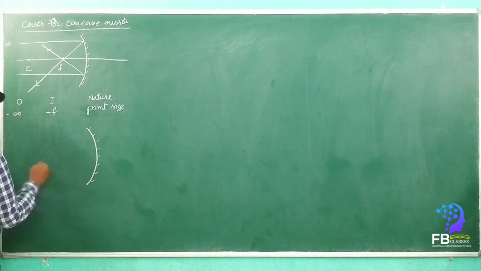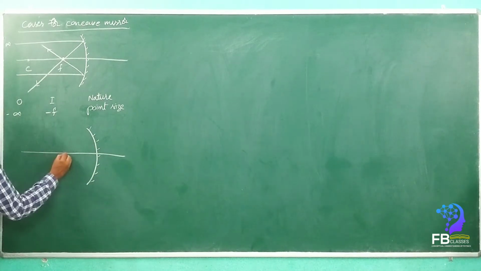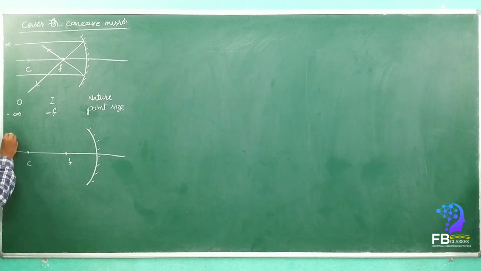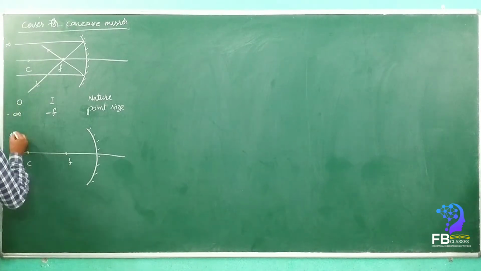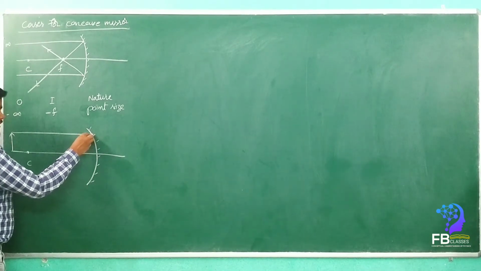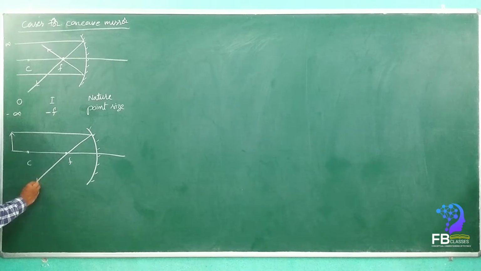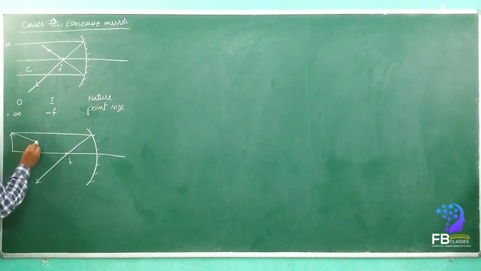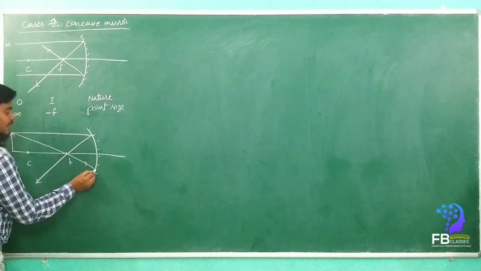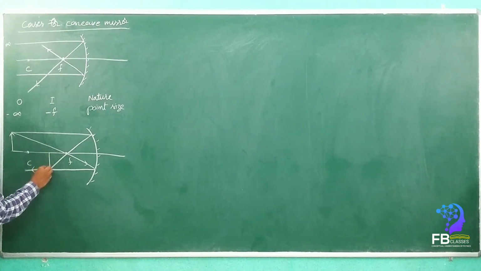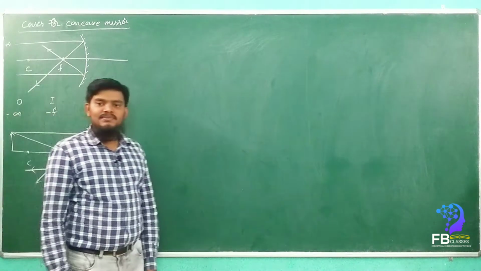Concave mirror. Now this is the principal focus. Now this is the center of curvature. Now let the object be placed beyond the center of curvature. See here, when the light ray travels parallel to the principal axis, it will be reflected back passing through the principal focus. The second ray, if the light ray passes through the principal focus, the reflected ray will be parallel to the principal axis. Where is the image formed, my dear? The image is formed here.